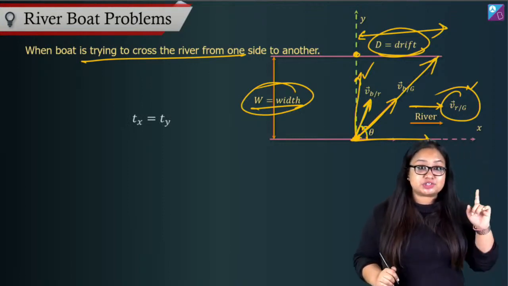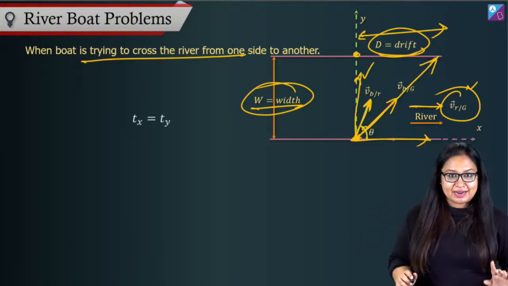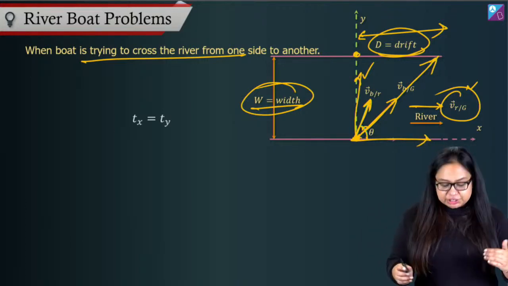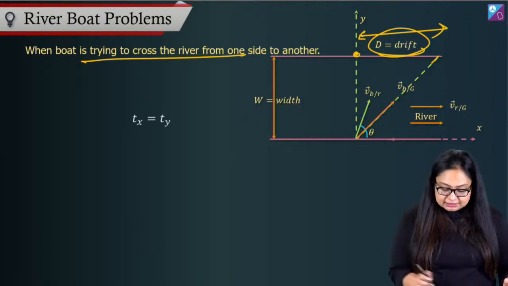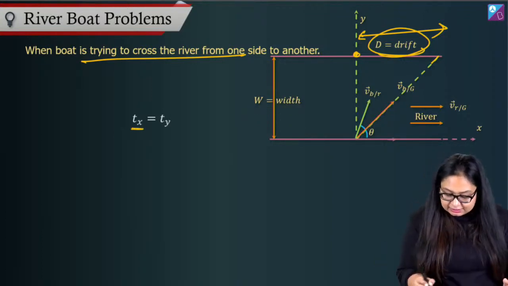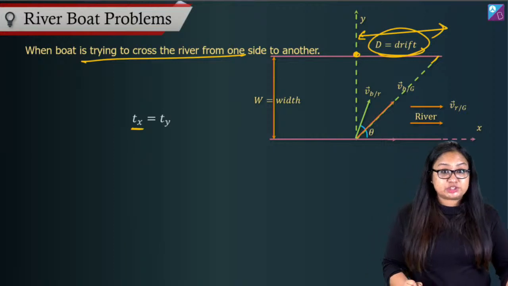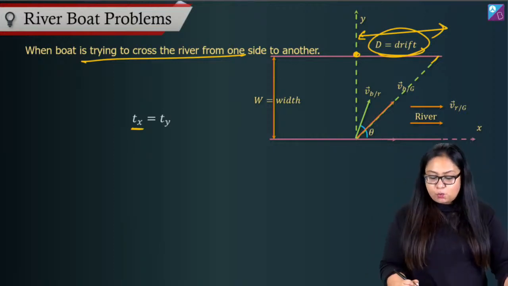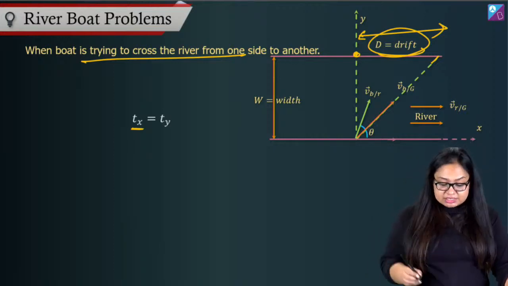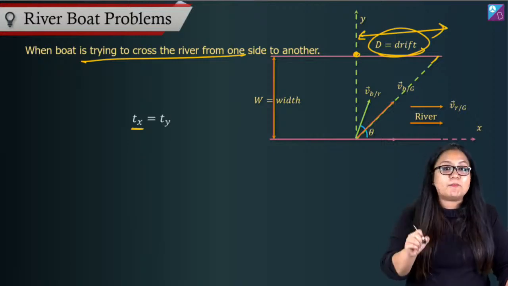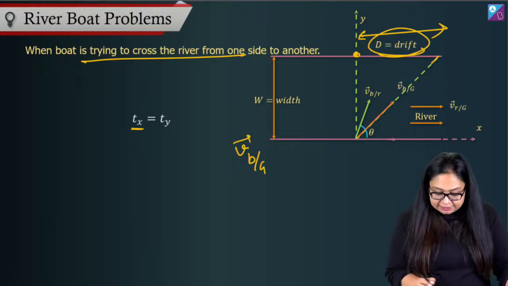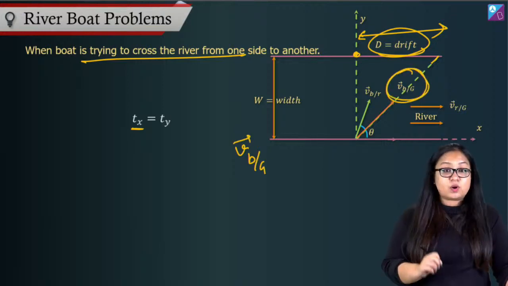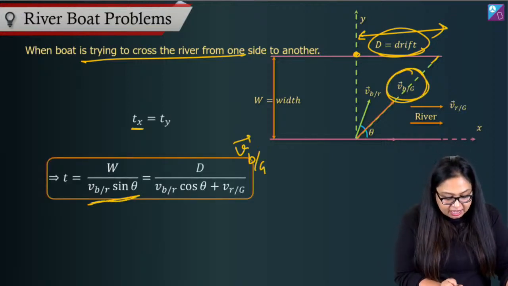Remember in the beginning of the session we talked about it? So time taken in x direction will be equal to d divided by velocity in x direction. And what is velocity in x direction? Velocity in x direction will be equal to x component of velocity of boat with respect to ground. This is velocity of boat with respect to ground. What is its x component? VBR